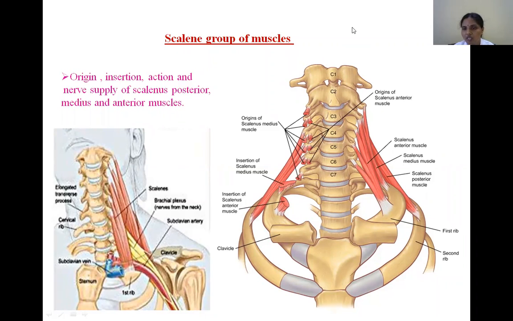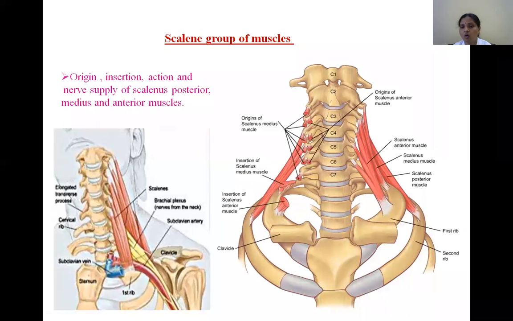So what is the origin? See the scalenus anterior muscle. It takes origin from the anterior tubercles, mostly from the C3 level, but here it is showing C2. So the anterior tubercles of the transverse process give origin to the scalenus anterior muscle up to C6. So all these are fused to form a single muscle belly and is inserted into the inner border of the first